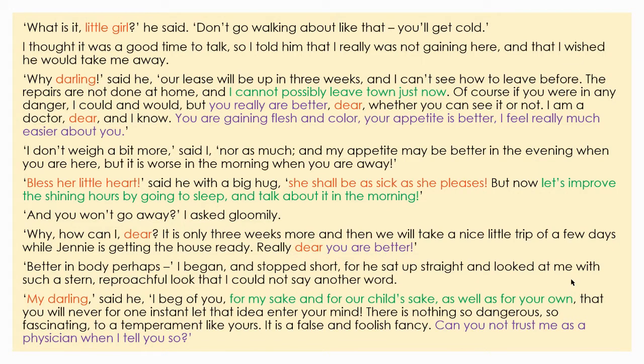And then this middle section here, where he talks to her in the third person. So I had to think then what person it was. First person is I, second person is you, third person is them, she and he. So rather than using the second person saying, bless your little heart, you will be as sick as you please, he says, bless her little heart, she shall be as sick as she pleases. I just think, what is he playing at there?